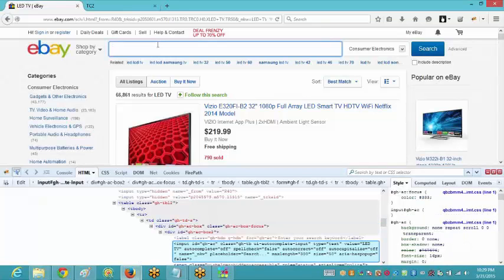Can you see over here, if I highlight this particular text box, on my screen there are certain HTML codes present, and in that code one set is getting highlighted. Are you all able to see that?